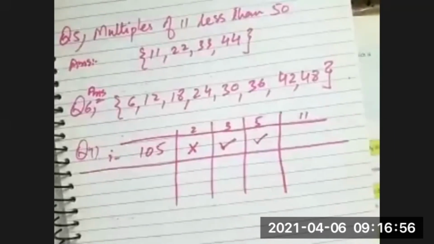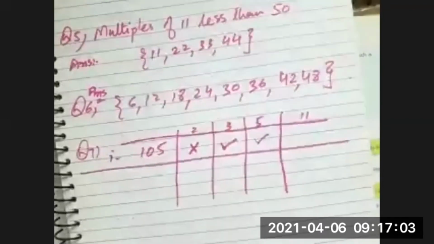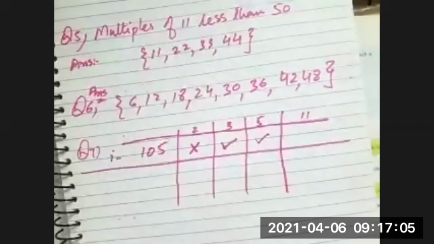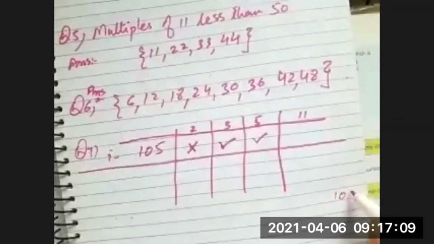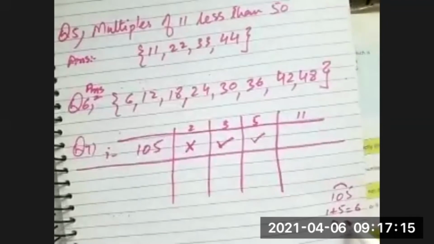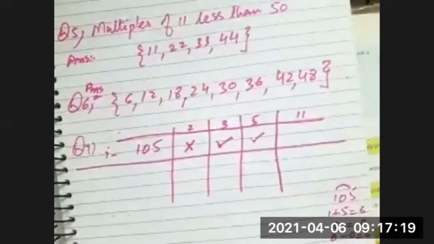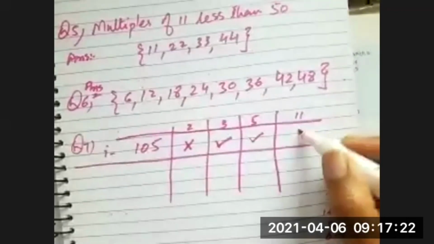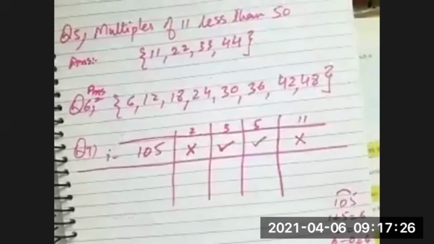The difference of the sum of alternate digits is 0 or 11, then the number is divisible by 11. Now 105 is your number, and the alternate digits are 1 plus 5, which is 6, and then you have 0. So 6 minus 0 is 6. 6 is not divisible by 11, so the number is not divisible by 11. Put a cross under 11